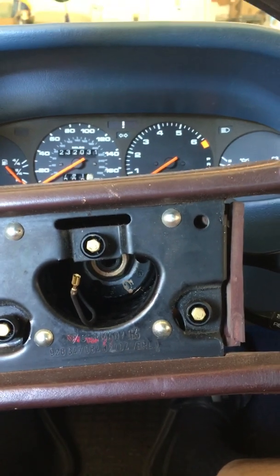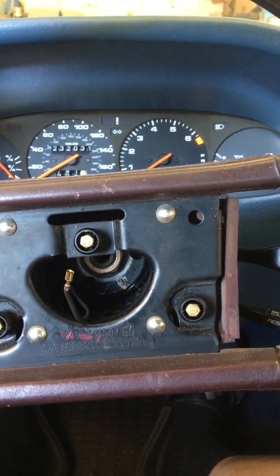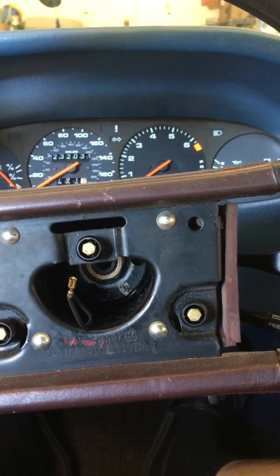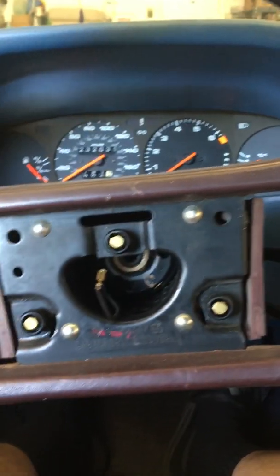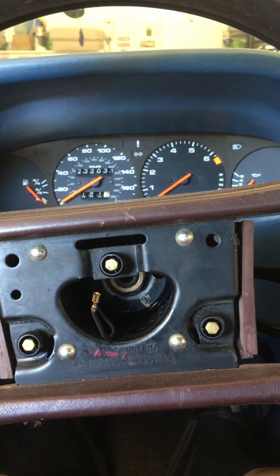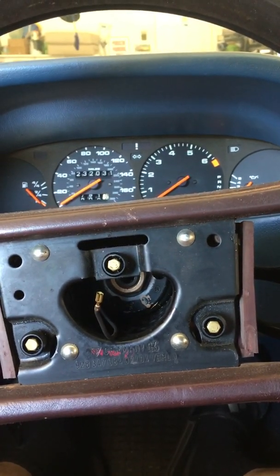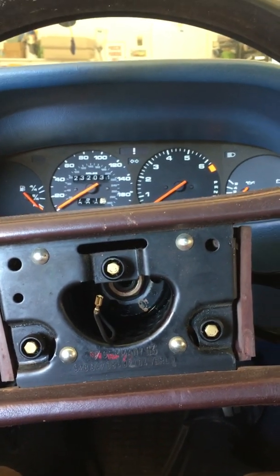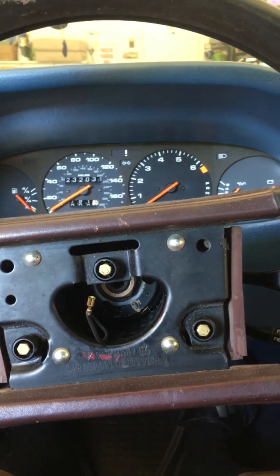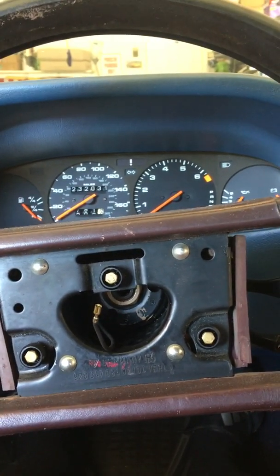Long story short, I had Magnaflow 40s and no resonators, and it was just way too loud, and also a gutted cat. I went back and forth with cat, with not cat, and long story short, I tried right now this configuration and I like it. I have the cat back on, that's not gutted, so it's, I guess, legal. And I still have the 40s